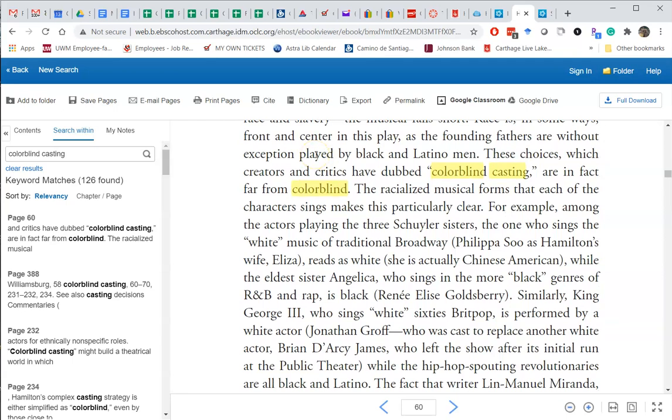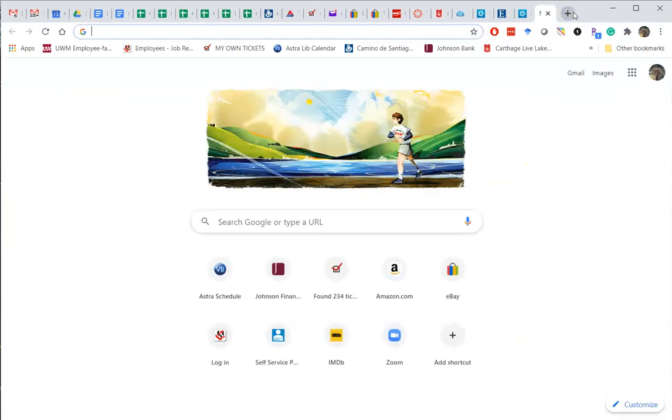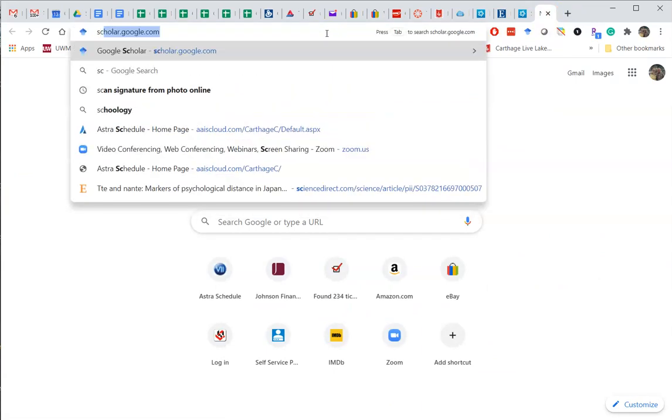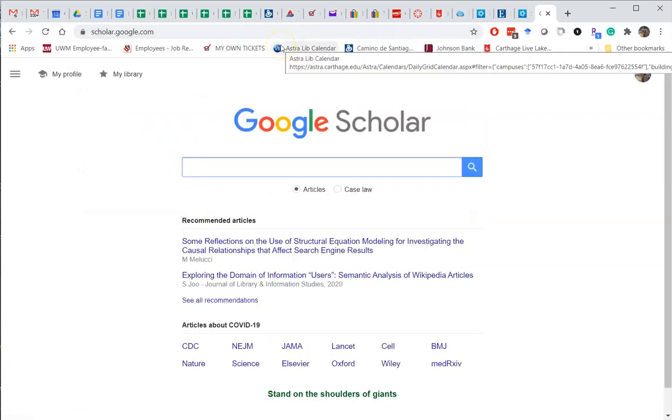Now, all I'm really trying to figure out right now is if that is going to be a good term to use as a keyword for searching for other things. So right now I'm going to open a new tab, and I'm going to show you another resource. I could also go back to the catalog and type in colorblind casting, but before I do that, if you're really looking for things that are brand new, very new, Google Scholar is a great way to find those. So I'm going to bring up Google Scholar, and I'm going to type in colorblind